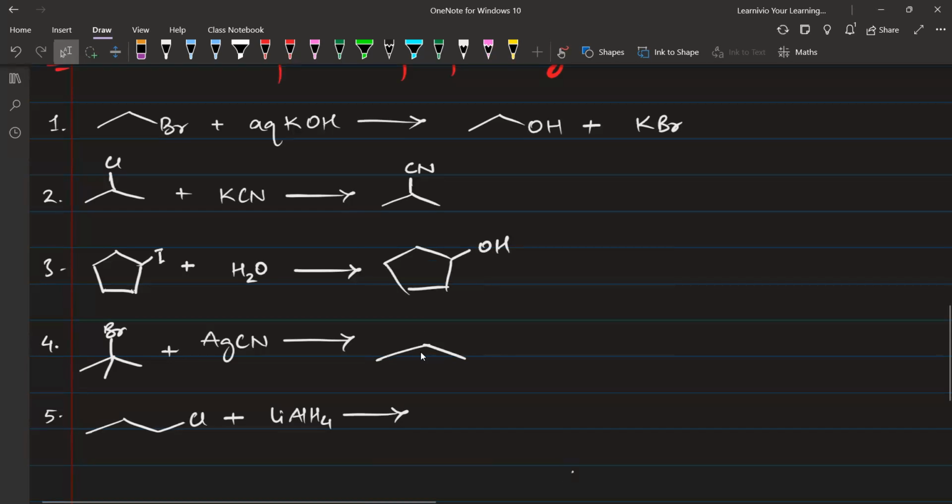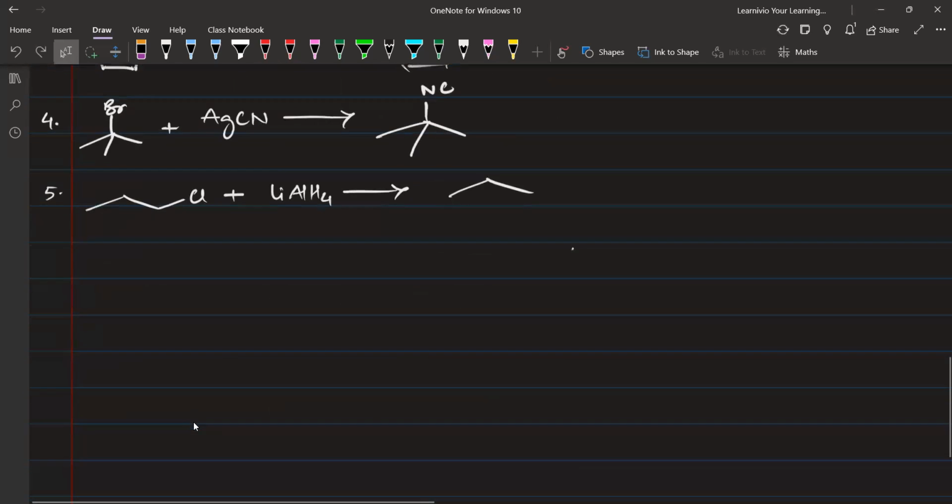अच्छा। ठीक है Taha, those are correct. I think second वाले में आपने थोड़ी लापरवाही कर दी। NC, and here you will have this propane, na? This we don't show hydrogen like this, हाइड्रोजन दिखाया नहीं जाता, right? We'll directly get what? Alkane. Here we have 3 carbon atoms. यहाँ पे क्या होगा? क्लोरीन निकल जाएगा और हाइड्रोजन लग जाएगा। Make sense? ओके, ठीक है। अब यहाँ पे जो आपके पास इंपॉर्टेंट पॉइंट है,